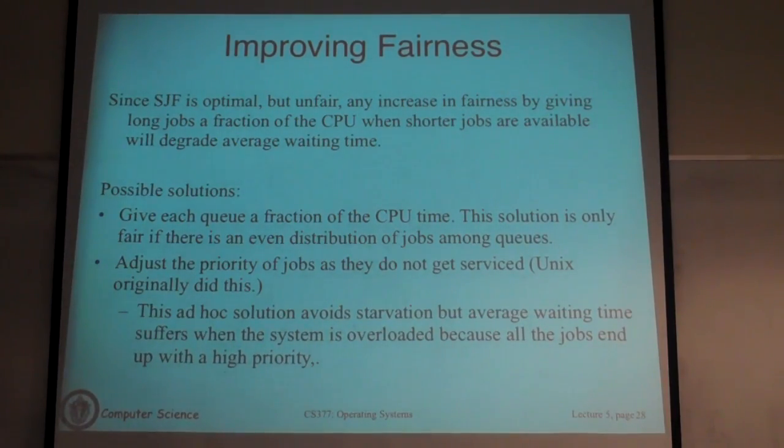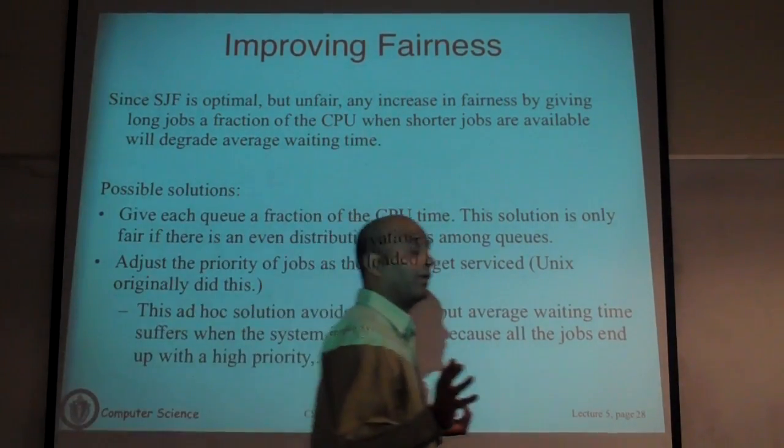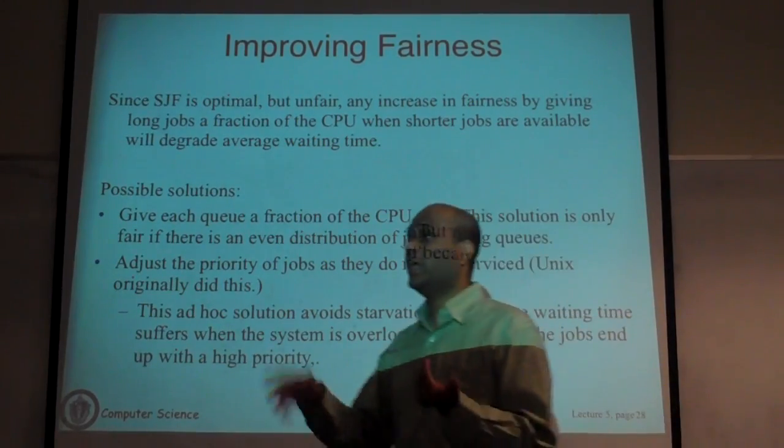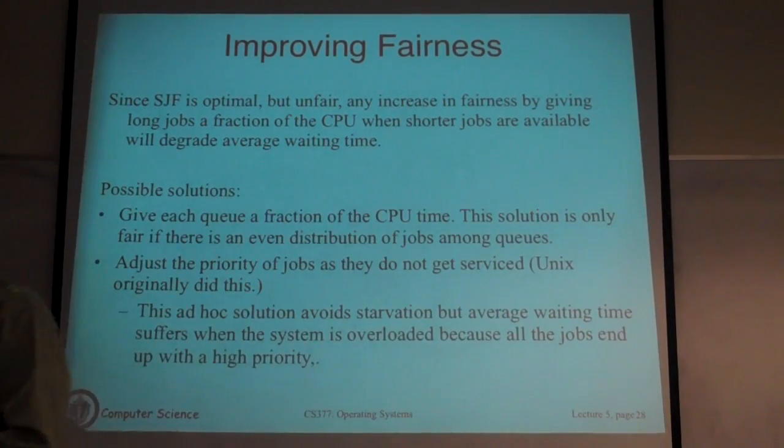And then you can have a timer associated with each job to say how long it has been waiting in the ready queue since the last time it got scheduled. Let's say the timer is 5 seconds. If the timer goes off, you say this job has been sitting here for 5 seconds and it still hasn't gotten scheduled. It is a CPU bound job, but it's not getting any time on the CPU. Let me try to increase its priority